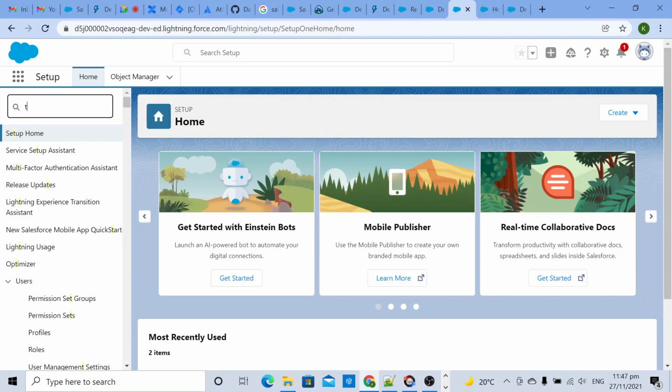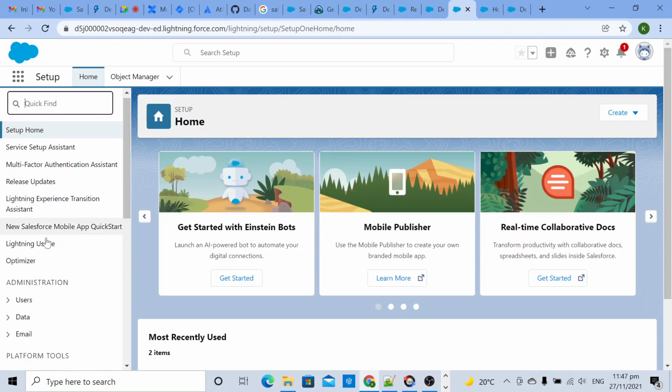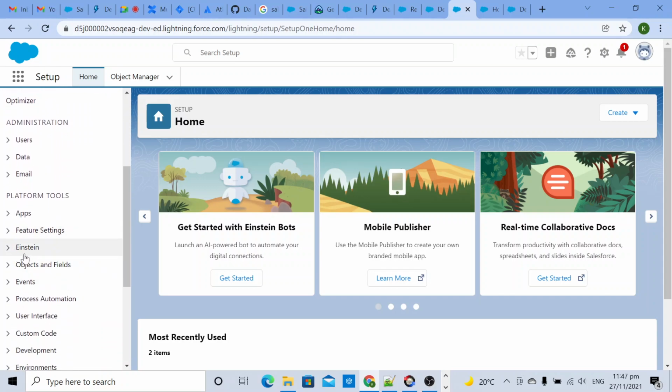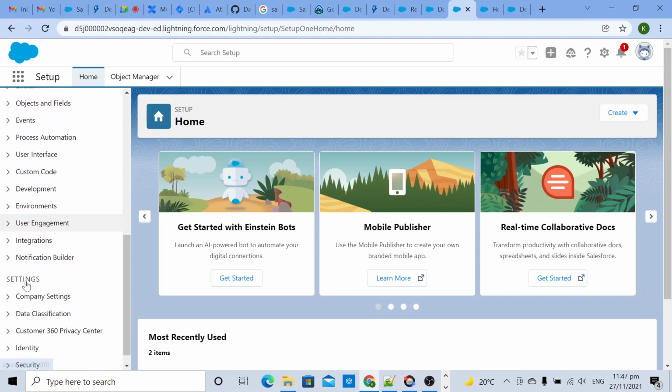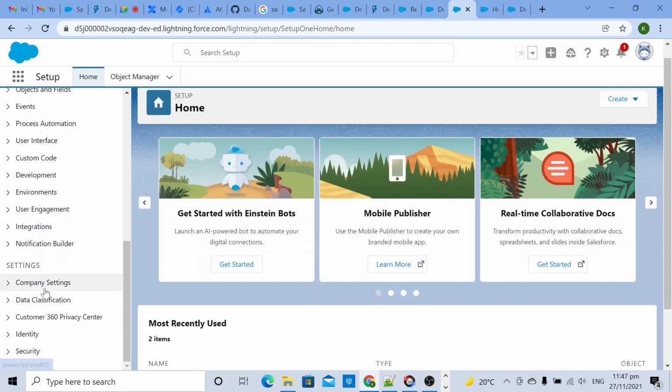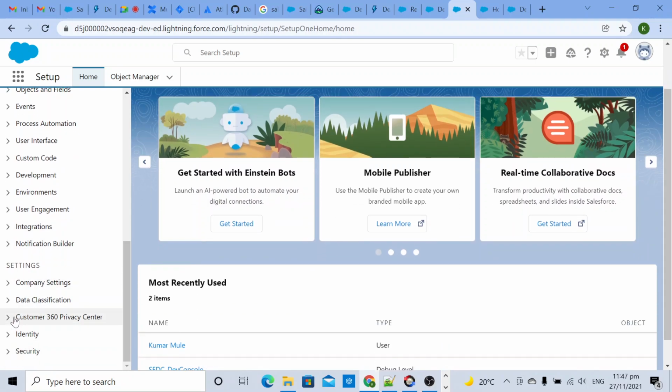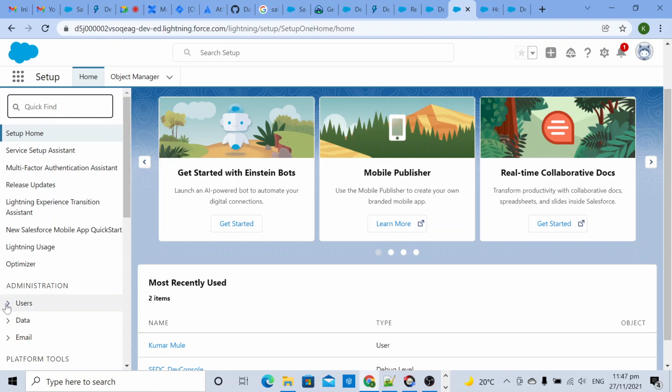Here we have one way we can add. Let me quickly search: object, field, event, process, user interface, custom mode, company setting.